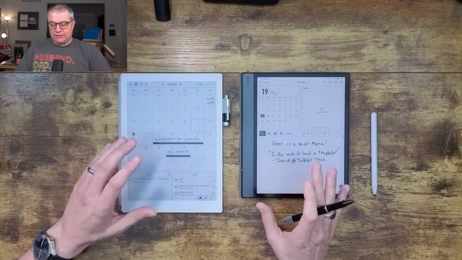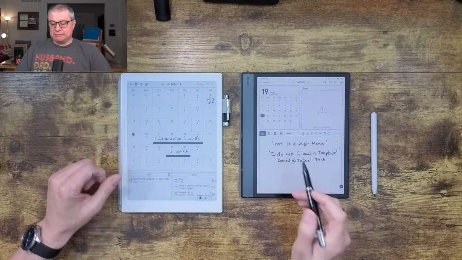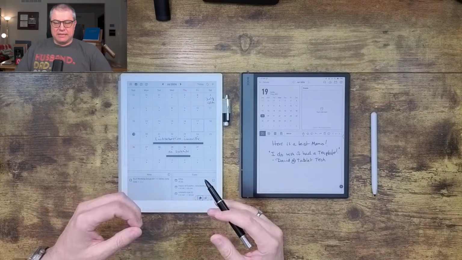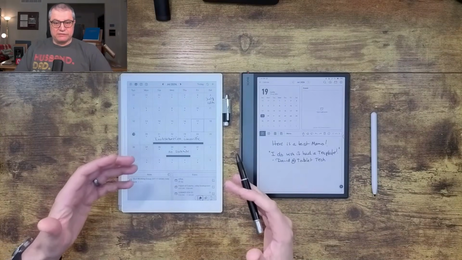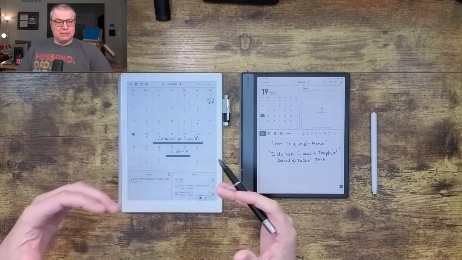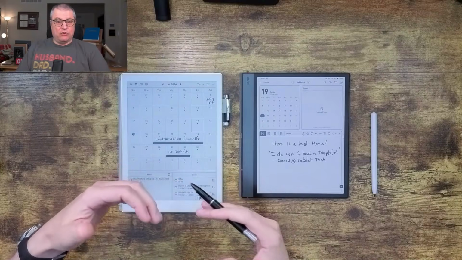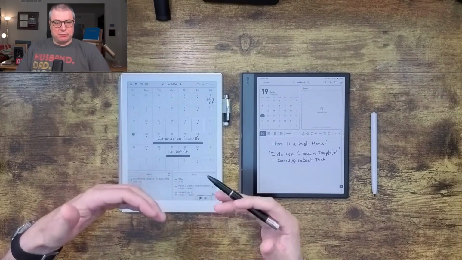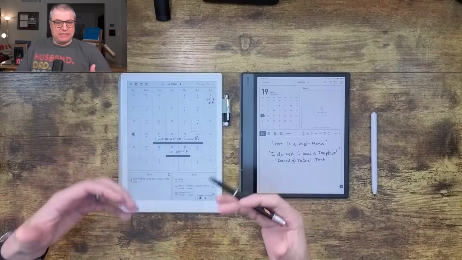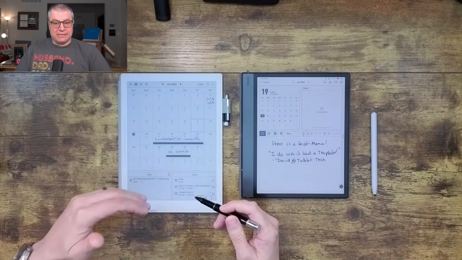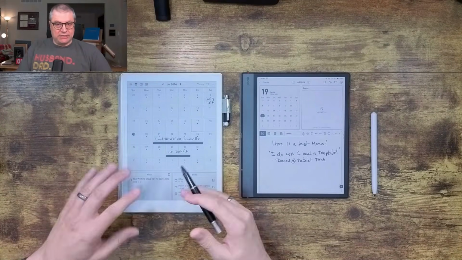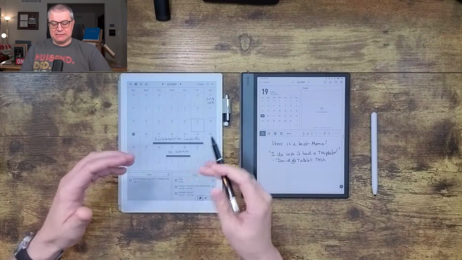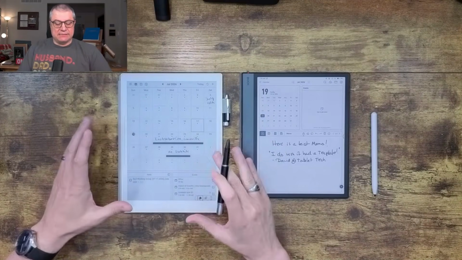note. I kind of like the way BOOX does it, to where it does both creation date and last opened, because that's kind of the best of both worlds for me, because I can see a note that I may use often and always reopen that note, and then it still gives me multiple touch points to be able to engage with that information. And there is no document reading notation on here of any sort. So yes, you have your recent documents and things that you get from quick access, but it's not visible in